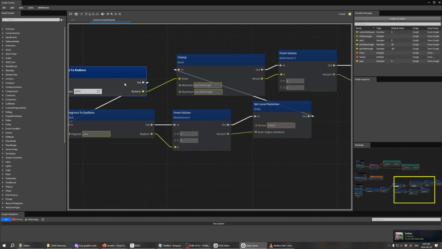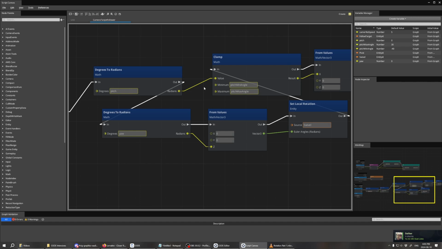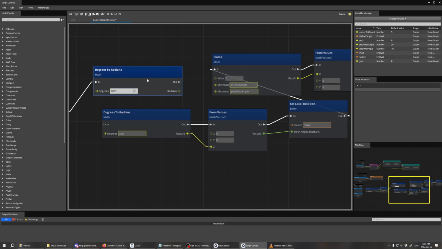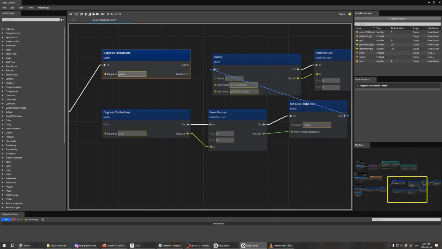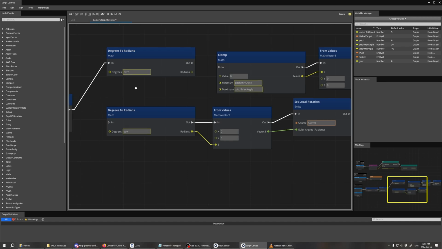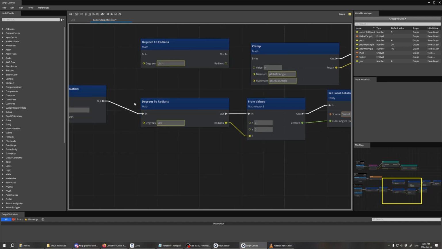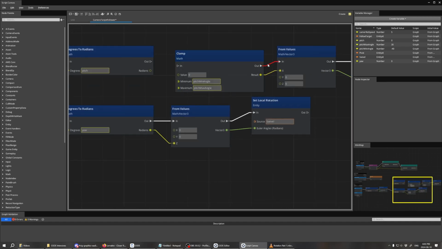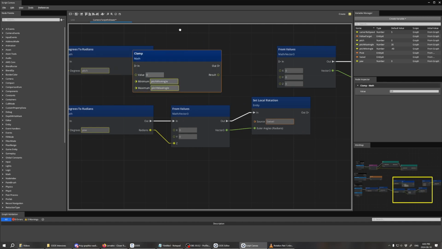Clamp our pitch. We probably want to clamp before we do it. I guess we'll do our yaw first. We'll clamp these